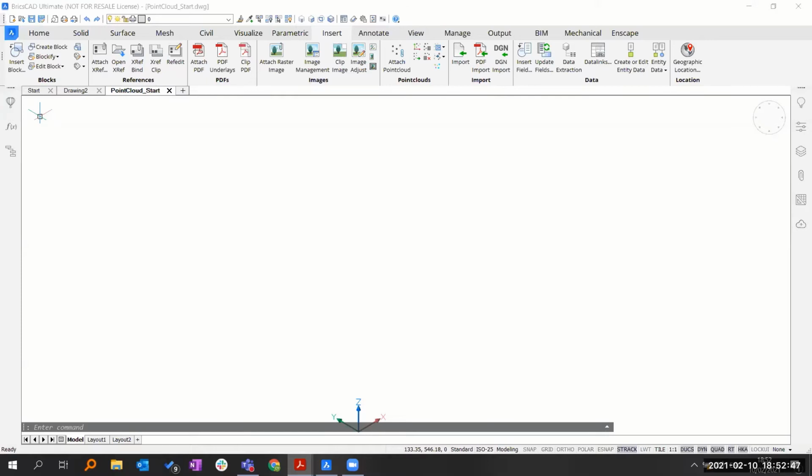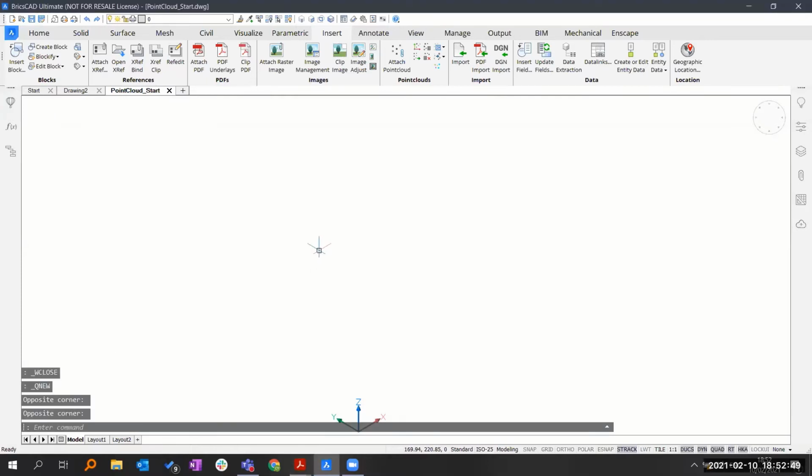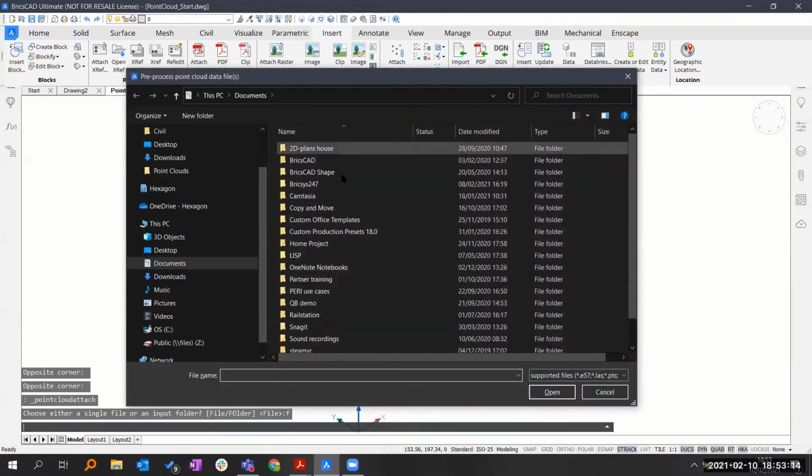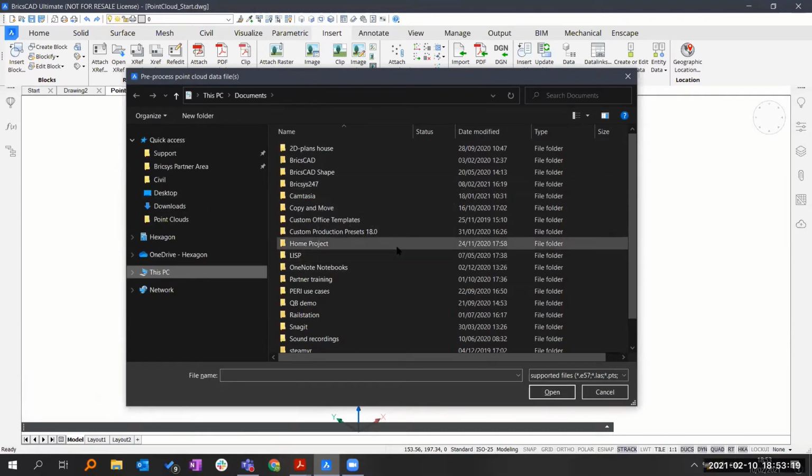that you can see in BricsCAD. So if you have downloaded that zip file that I told you about and unzipped it, you will see there is one E57 file inside, and you just need to attach the point clouds into this. So you can choose for file or folder, so you can pre-process multiple files at once as well. But in this case, it's just one little file,